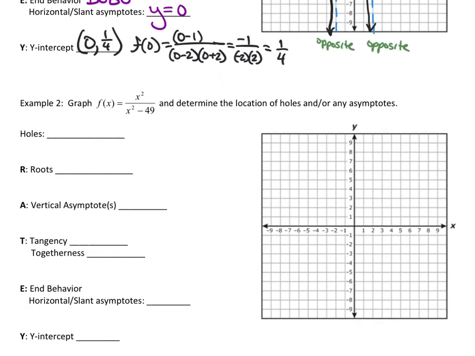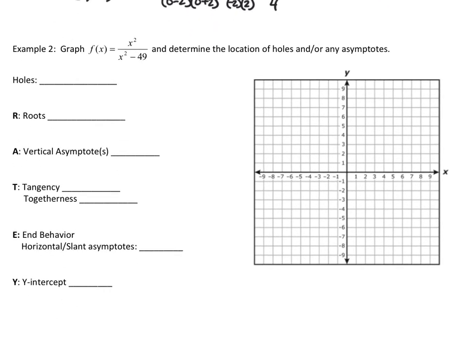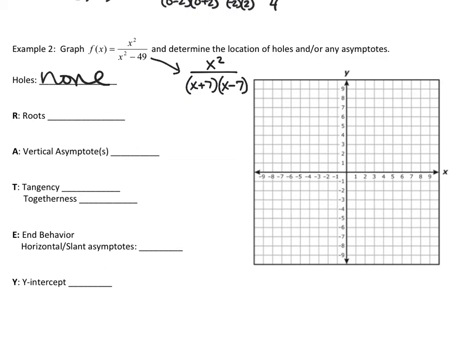Let's check example 2. Again, before we start using RATEY, we have to check and make sure there are no factors to factor out. This is going to be x squared again, and then the denominator factors, again, difference of two squares, x plus 7, x minus 7, so nothing cancels, and there are no holes. We find the roots by setting the numerator equal to 0. So this is going to have a root at 0, 0. That's the origin. We find vertical asymptotes by setting the denominator equal to 0. Zero product property tells me that x equal to negative 7 and x equal to 7 are my vertical asymptotes,